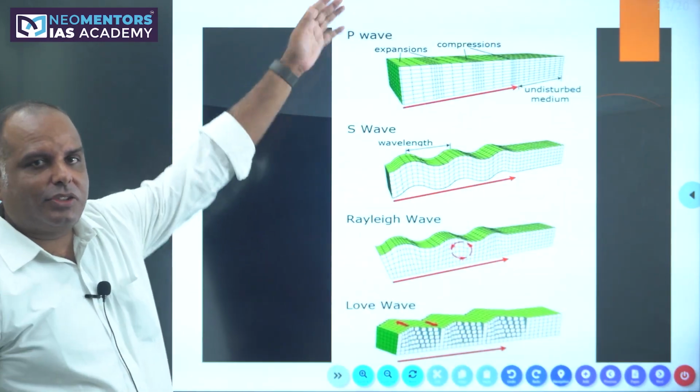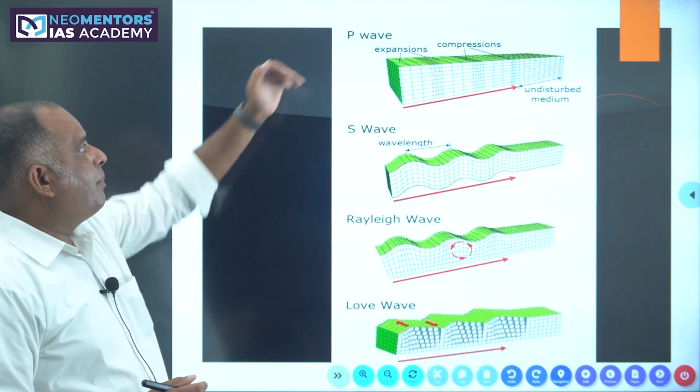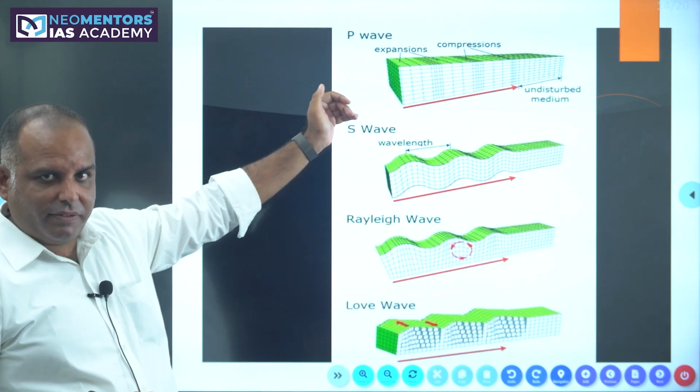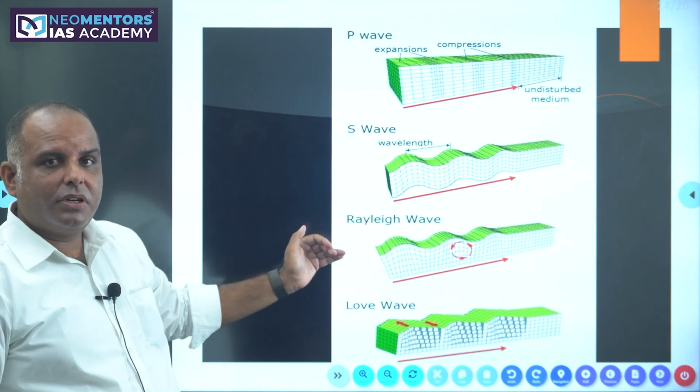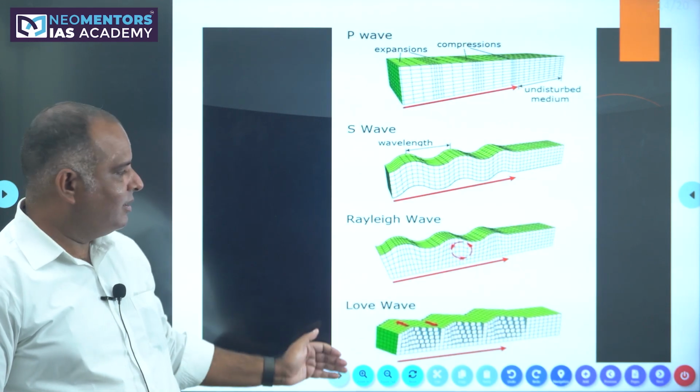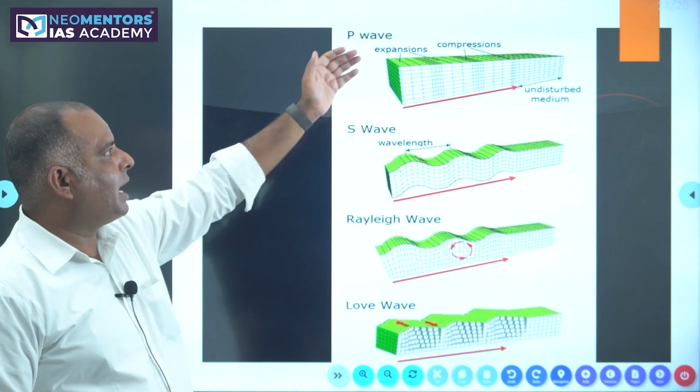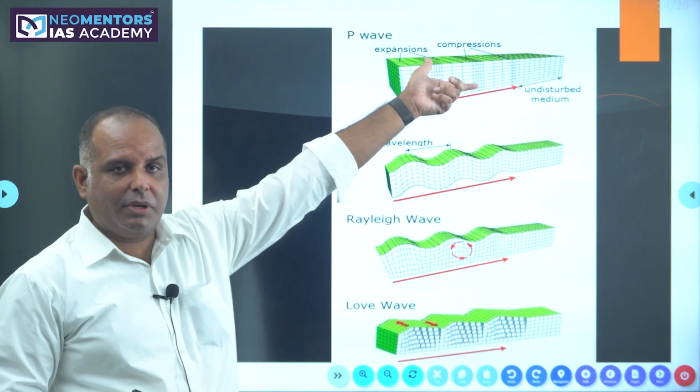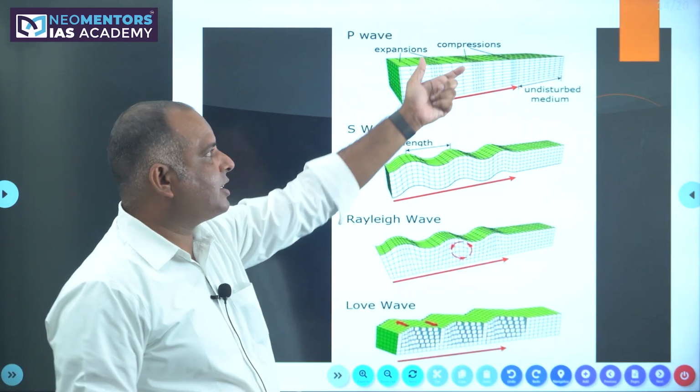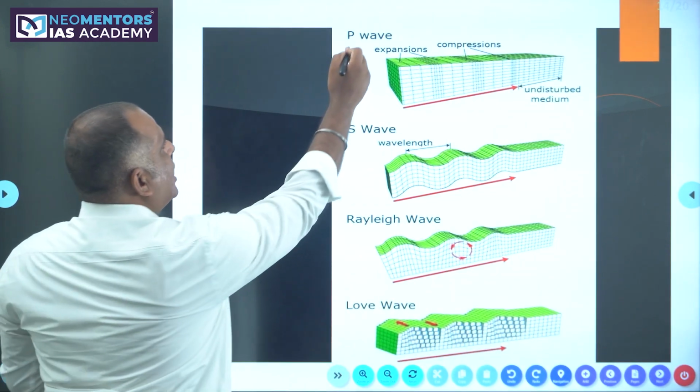In this diagram, we are depicting all four: primary waves and secondary waves, which are body waves, then surface waves, which are Rayleigh and Love waves. Primary waves have both compression and rarefaction. If I have to consolidate, primary waves are